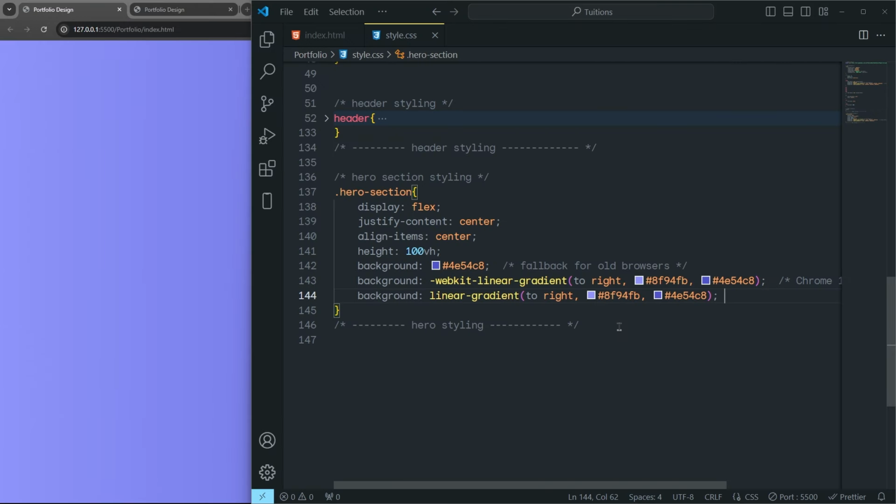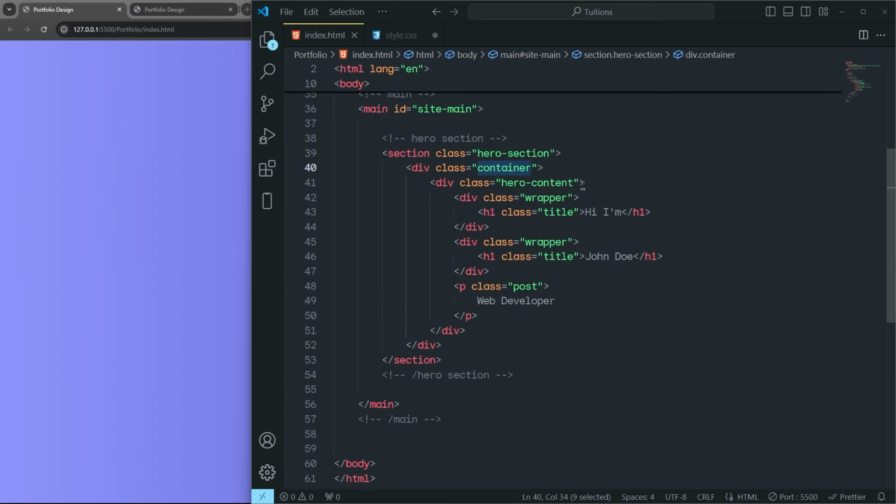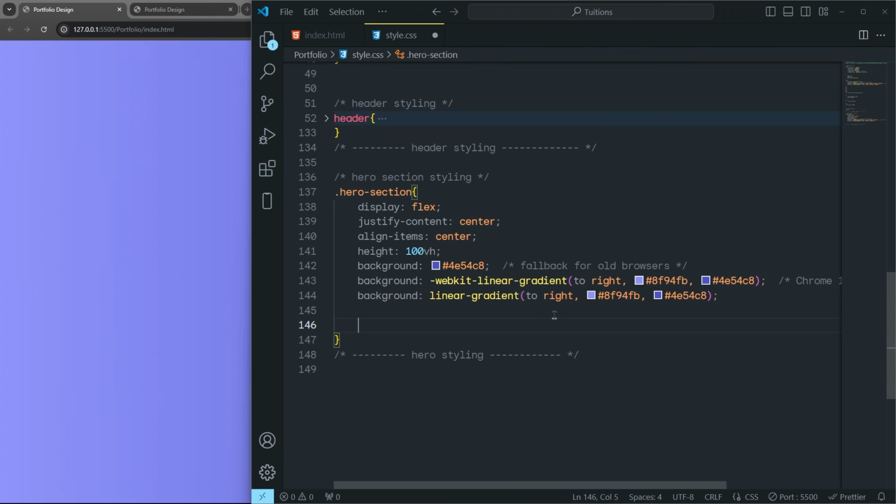Now let me style this text. So now we need to first select the container. As you know, inside this index, we have this container and hero section and the title. So let's first select the container, and then inside that container, we have a wrapper class. I'm going to leave the wrapper class for now and select the title class. This one,